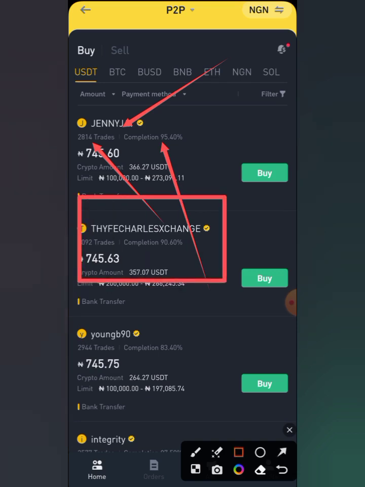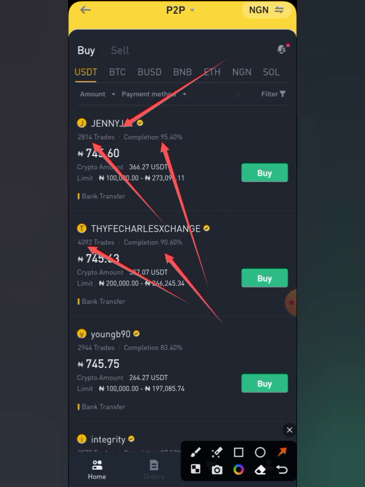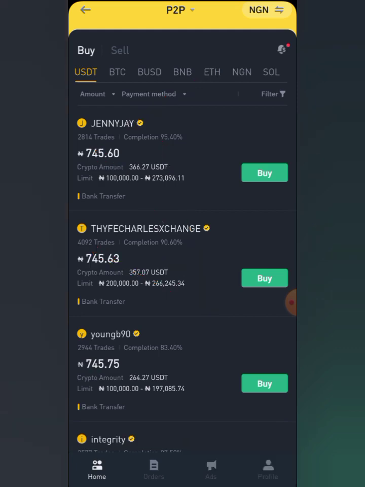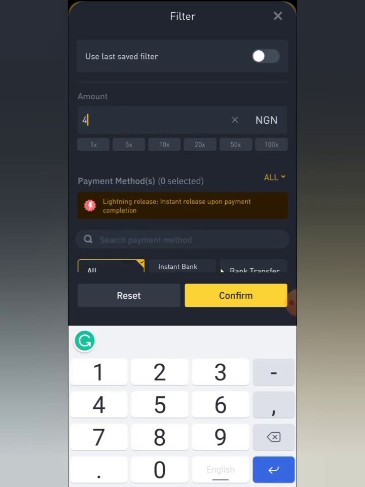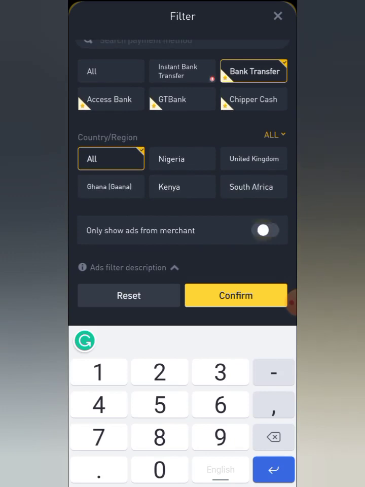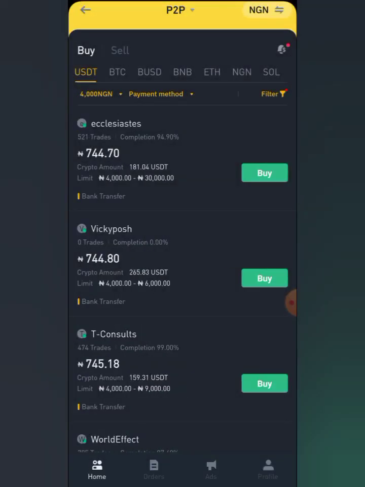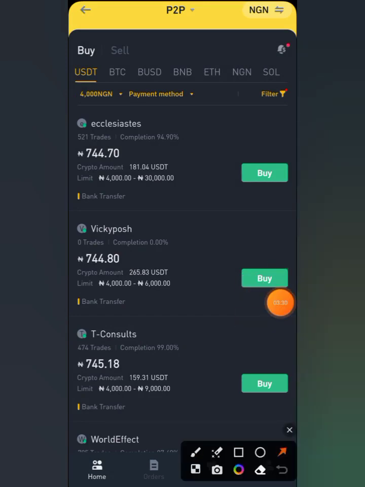If you come to this second person here, you see that this man has done a total of 4,092 trades and has a completion rate of 90.60%. Now this is for verified merchants. So if I go to my filter and filter for those that are not verified merchants, and confirm this, you will see that you are likely to buy from all these persons, but you must also take note of the total number of trades they have done and their completion rate. This person has done a total of 521 trades and had